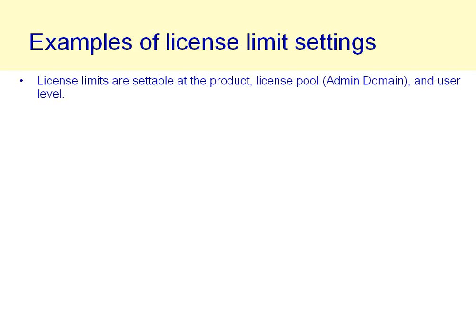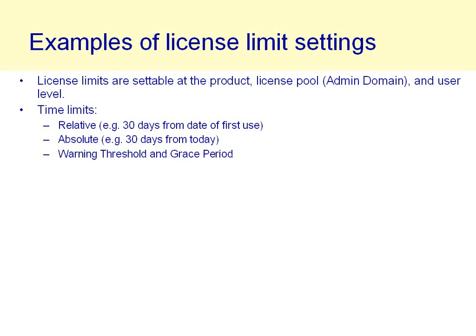Similarly, you can set them at the level of a pool. If you have an enterprise customer for whom you've set up a pool of licenses, for example, from a hosted server, you could set up limits at the level of that pool that would then apply to all the licenses within that pool. So first of all, the kinds of things we're talking about, a time limit. This could be any number of days, could be 30 days, 45 days for a trial license, 1-year subscription, 2-year subscription, whatever it is.